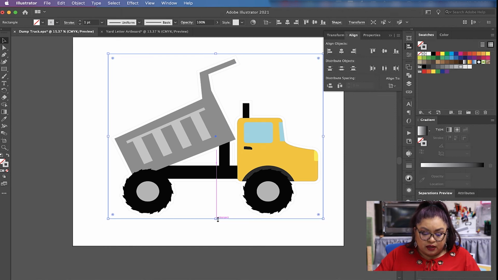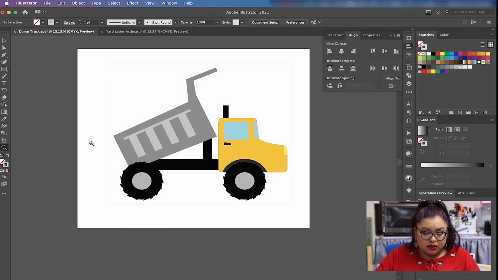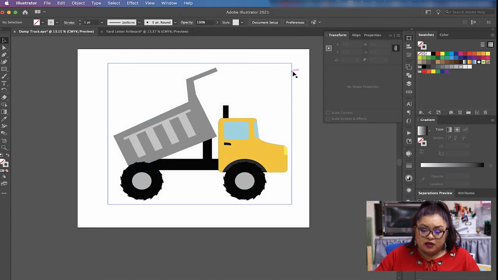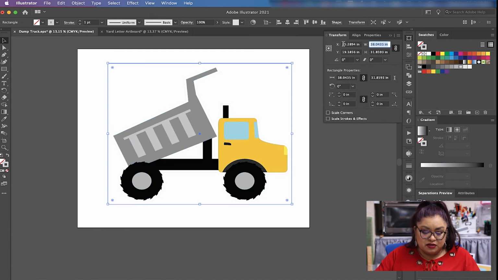Okay, again, preference, however big you want to make that is up to you. Now getting back to your artboard, right? So let's see how big this is. If you click and drag all of it and you come over to Transform, it is going to tell you how big that is. So it's about 38 inches. I can't stand to have it off, so I'm going to do 38. Let me undo this. So 38 by,